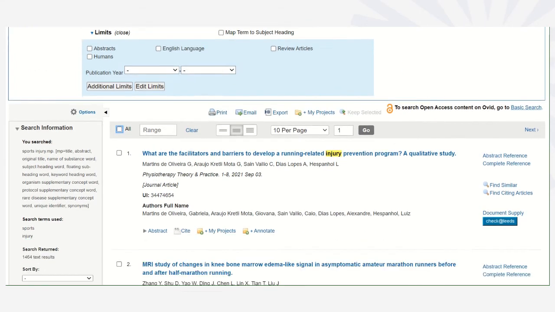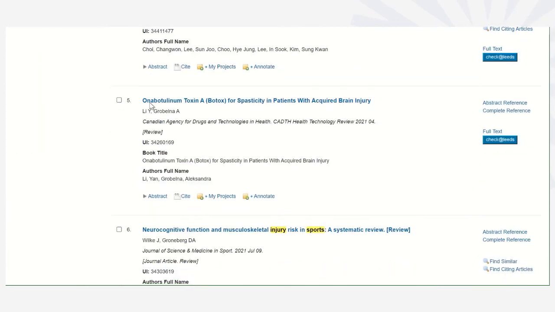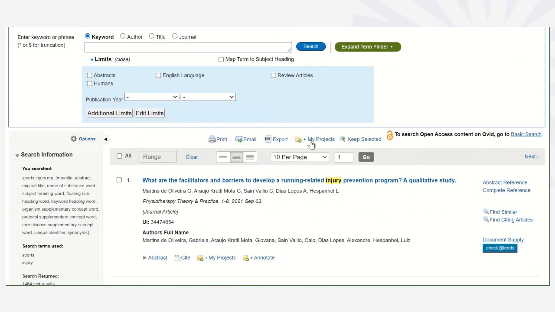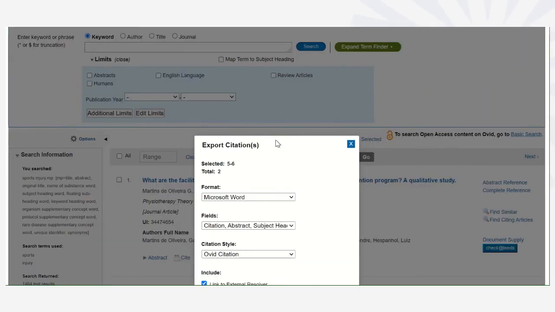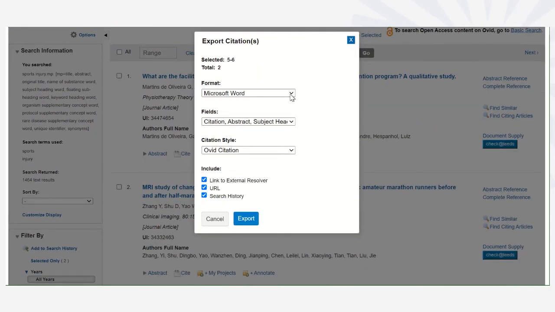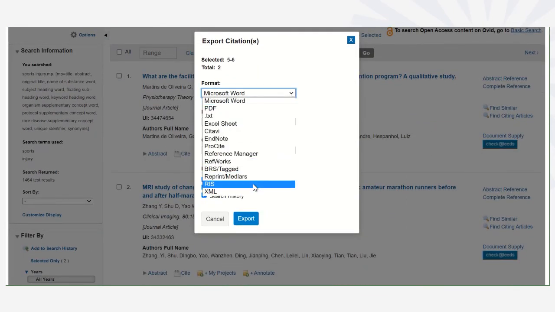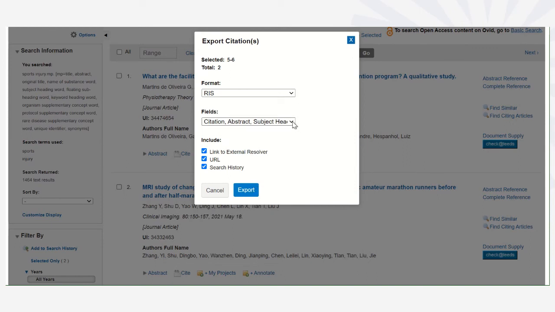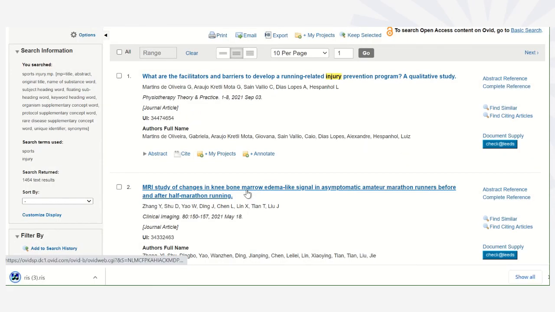And in this case, I'm just going to choose at random a couple of examples and select them by ticking them here. Then I'm going to scroll up to the export button, and I want to make sure that I've got the option for format chosen as RIS and the option for fields chosen as citation, abstract and subject headings, which is already selected. And then I'll click on export, and bottom left I can see a RIS file has